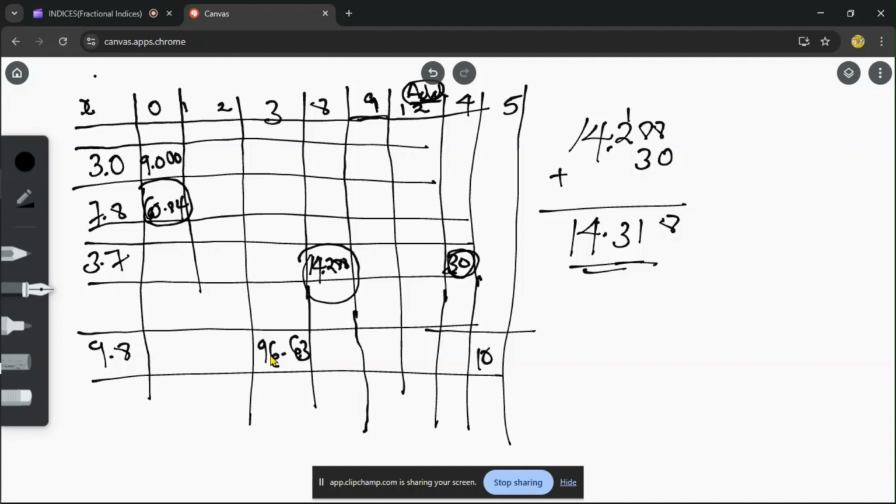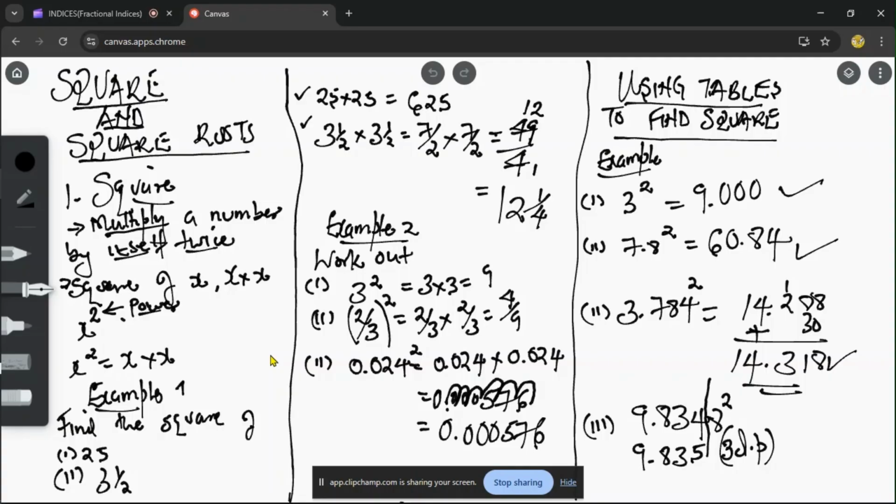I'll come and pick this one, then I add this one, so that the answer will be from my working. I'll come and say the answer here will be 96.63. Then I add 10 on the farthest end, and my answer